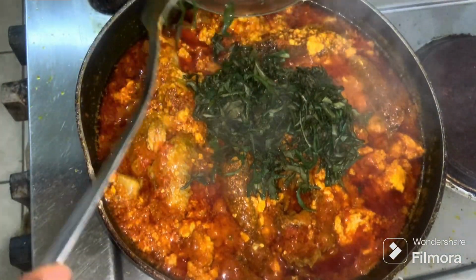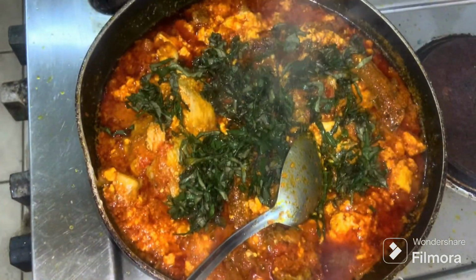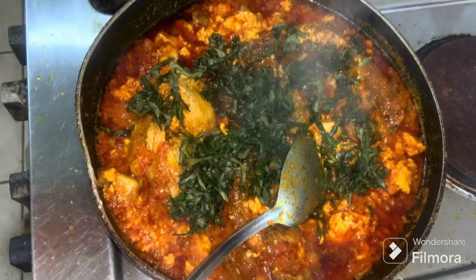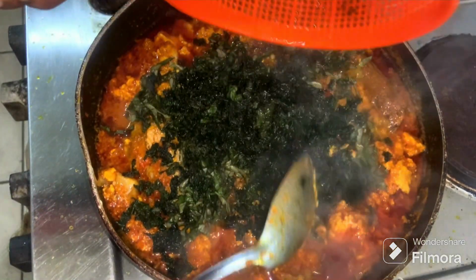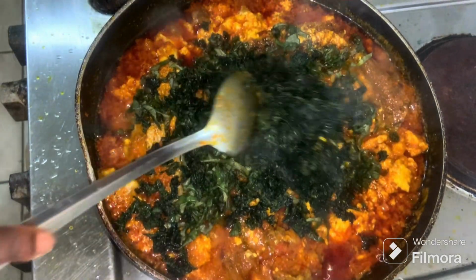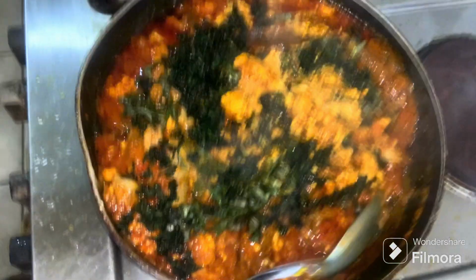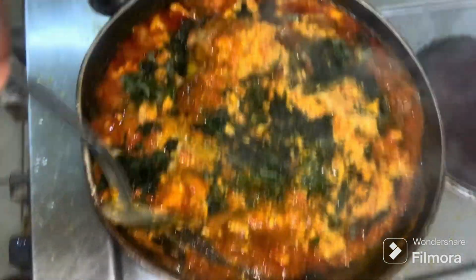So I'm using 2 vegetables for this. I'm going to be using some ugu and some uziza leaves as well. So I just added in my uziza first, and then ugu is the second leaf that I added to it. So I'm going to stir everything together and allow it to cook for another 5 minutes,